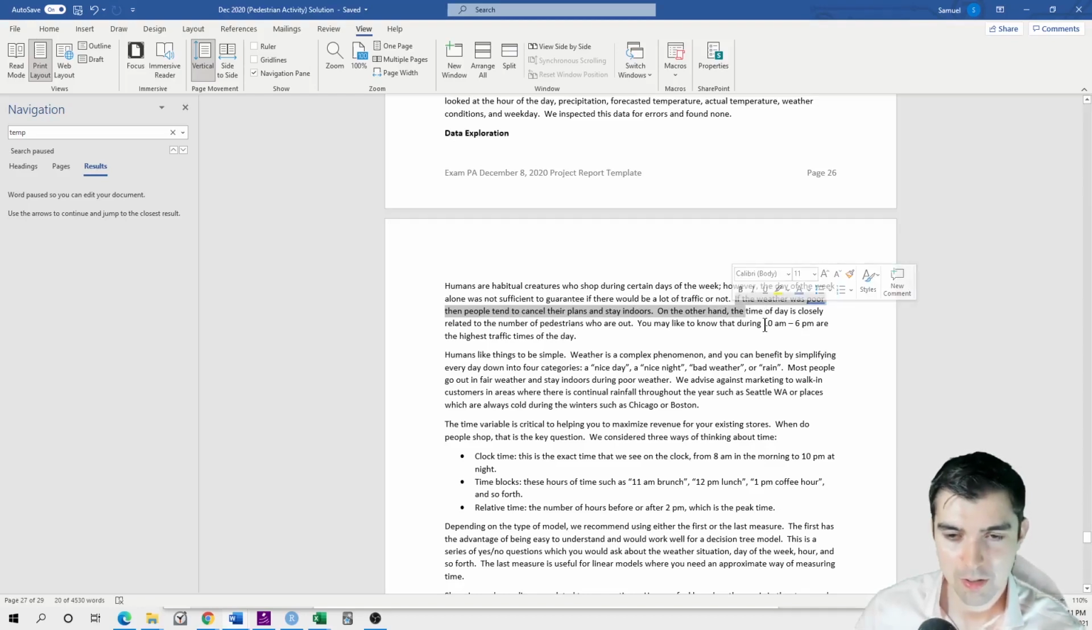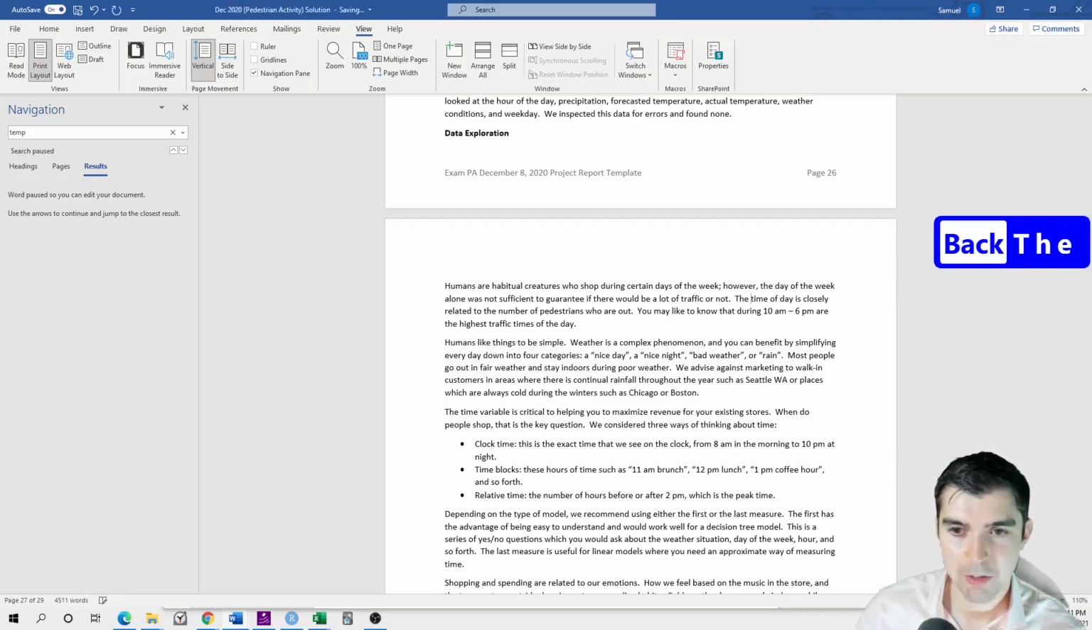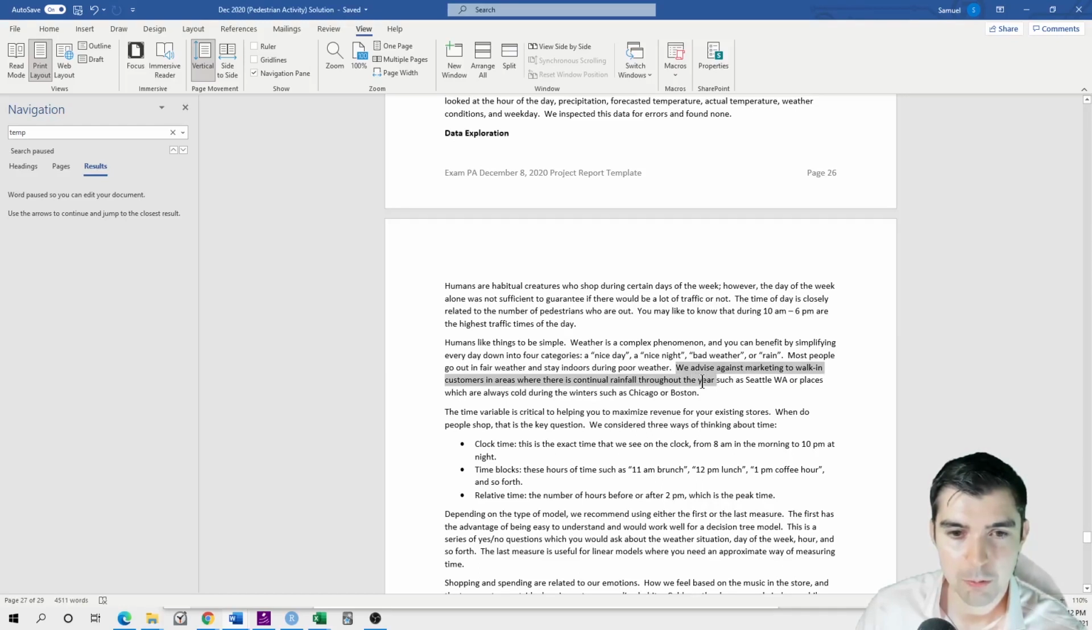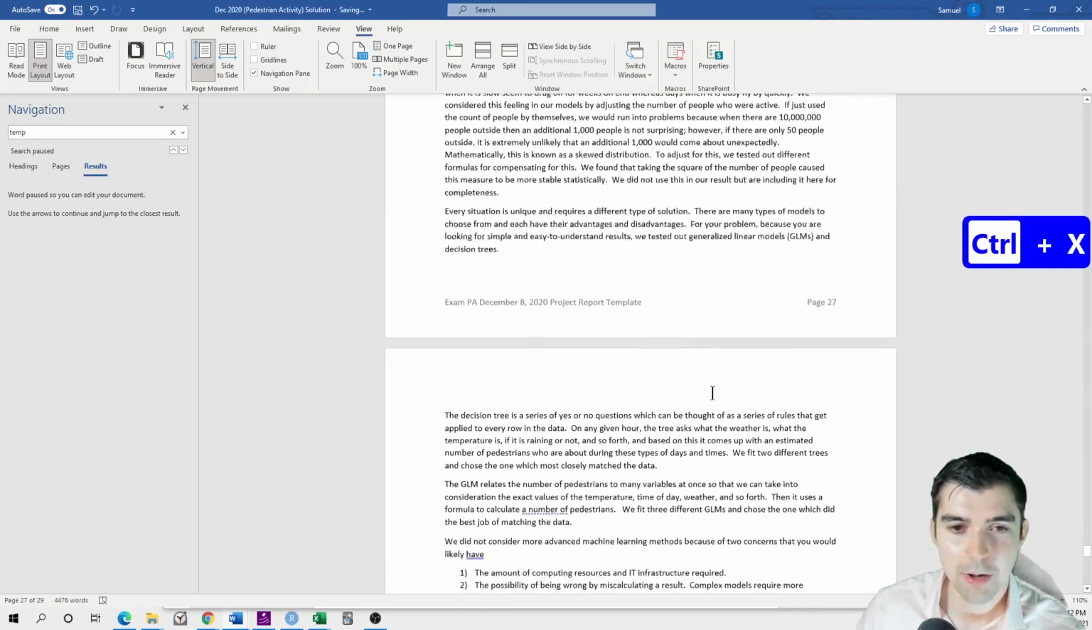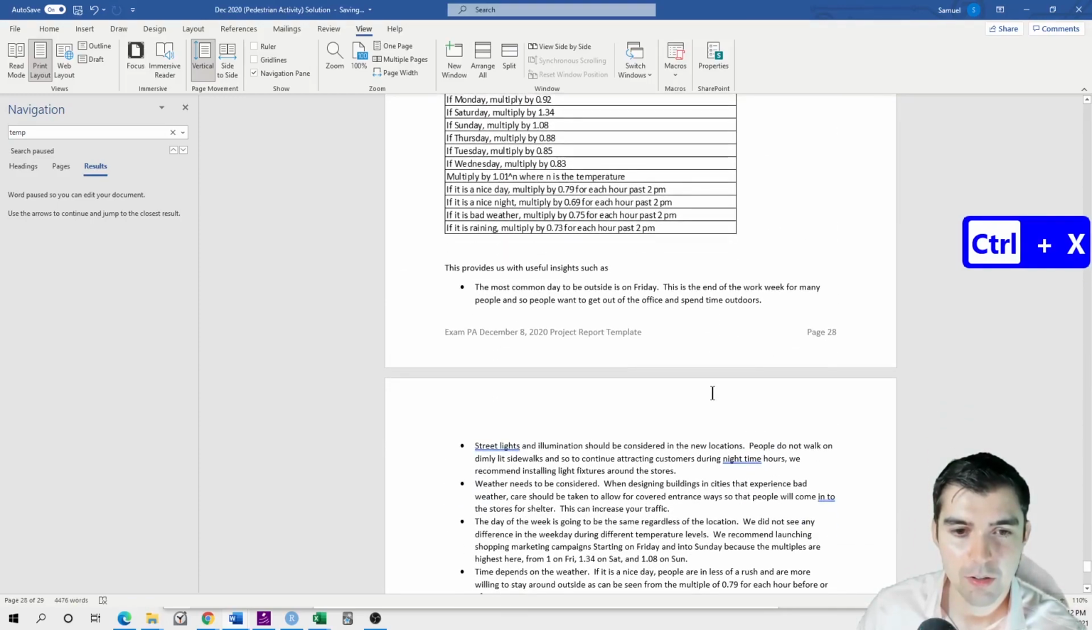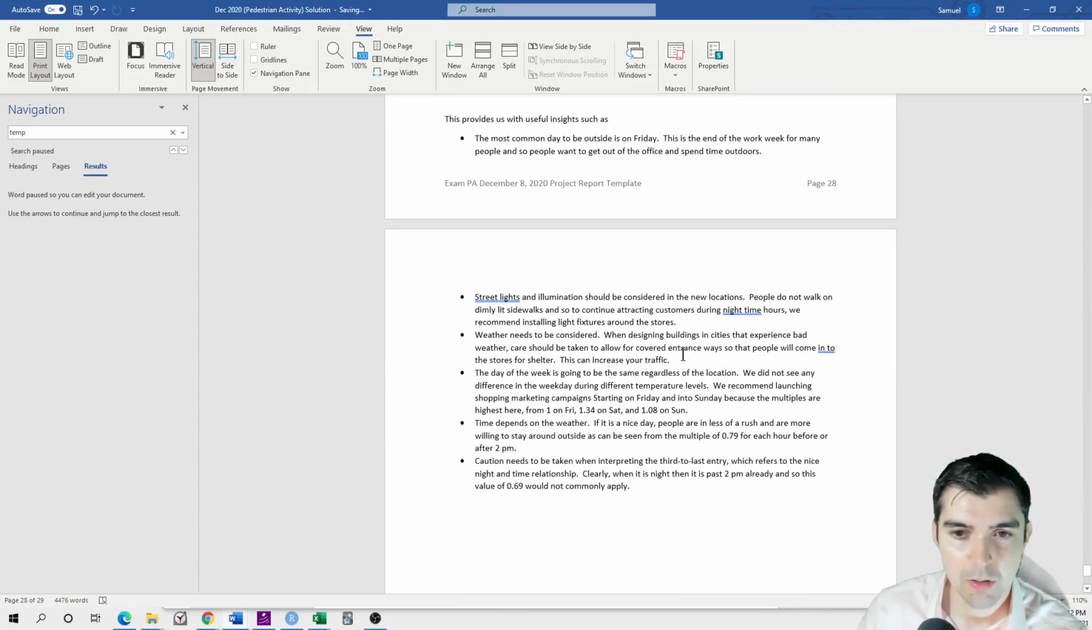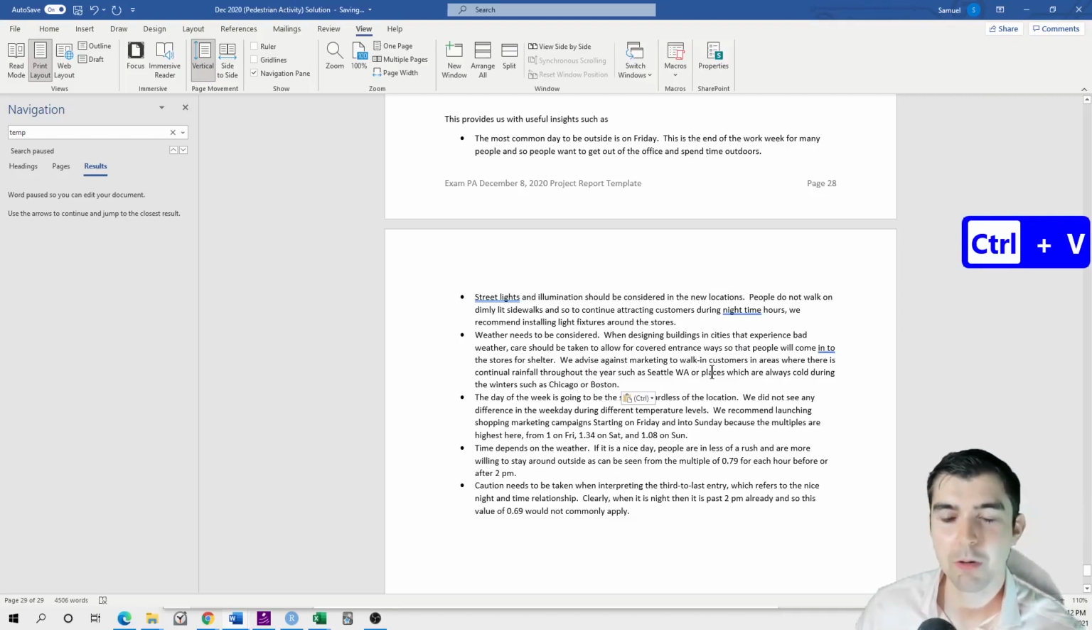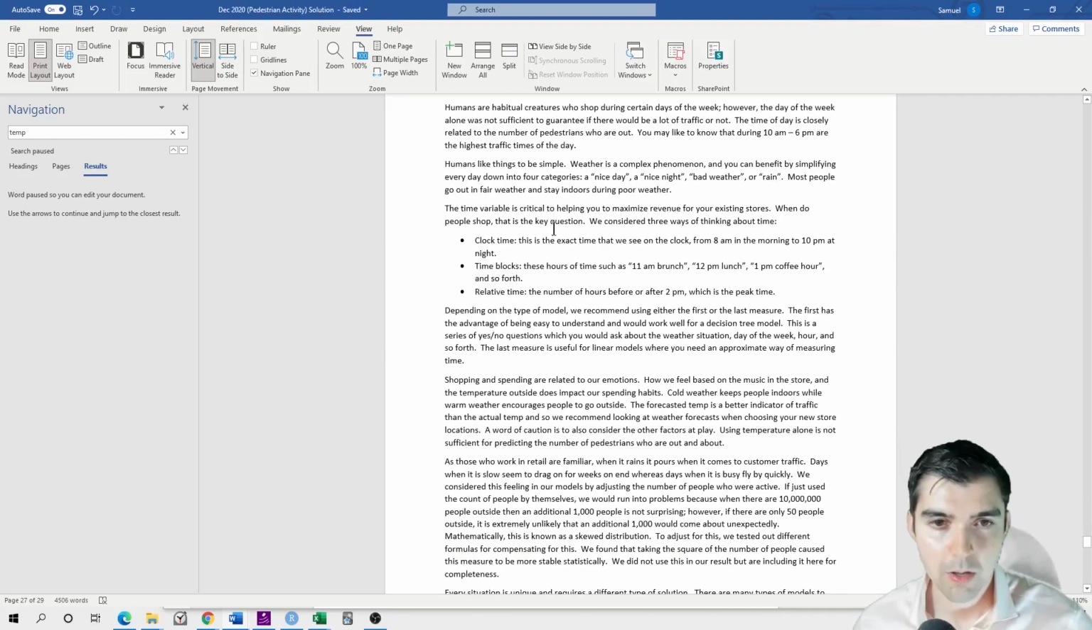So let's just say the time of day is closely related. Okay, and then we already talked about that. We advise against marketing to walk-in customers. This advice I think would be better suited down in the modeling section. So I'd say we advise against marketing to walk-in. Looks much better. And then we're talking about the time of day, the different times